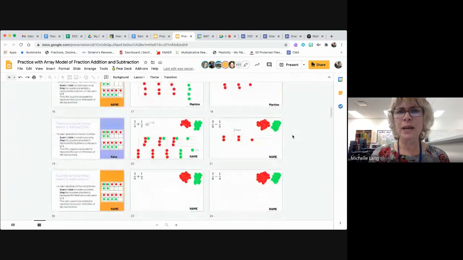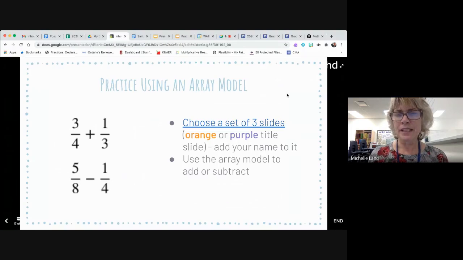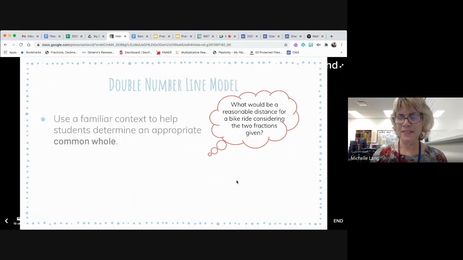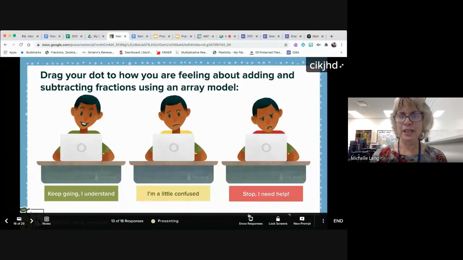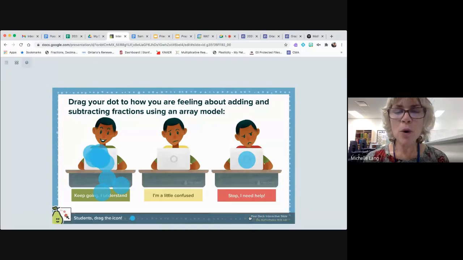Okay. I'm going to head back to the main Pear Deck then and continue with this question. How are you feeling about that whole idea of adding, subtracting fractions using an array model? Sorry, I can't get to show responses unless I do that. So most of you are understanding. For those of you that are still struggling a little bit,